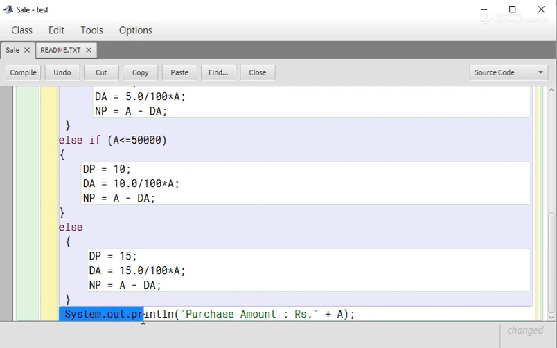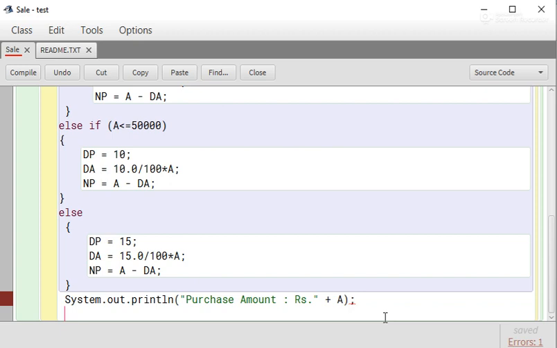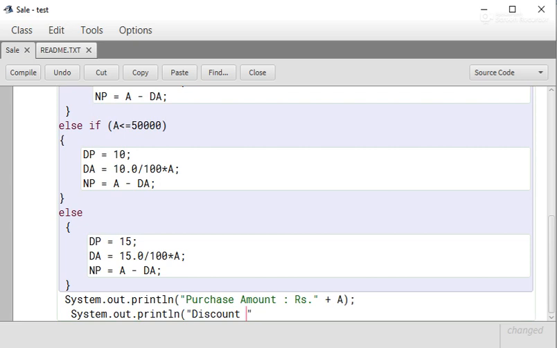Next, we have to display more things, so copy this statement and display the purchase amount, and after that the discount percentage. Change the message to discount percent.